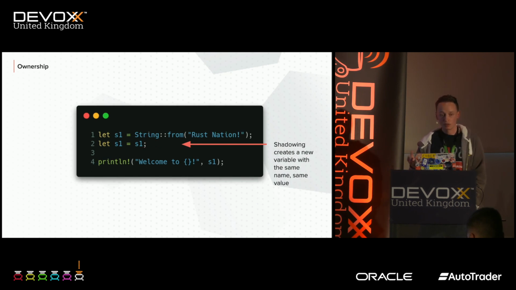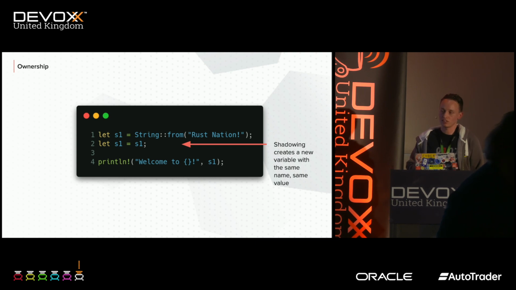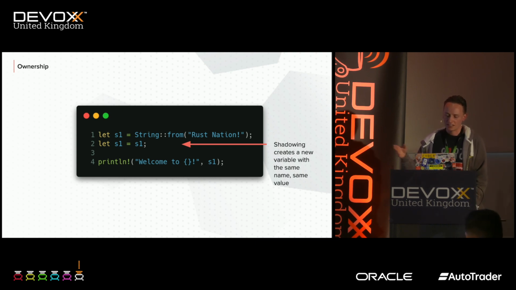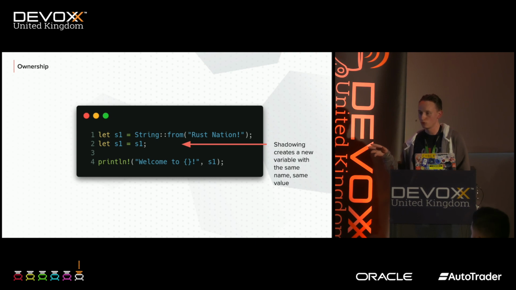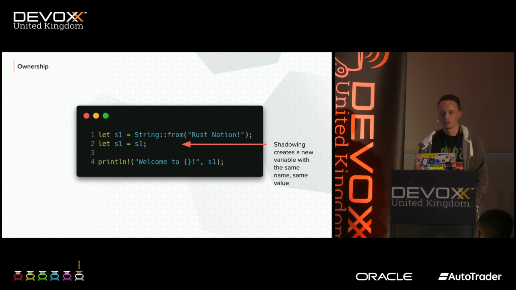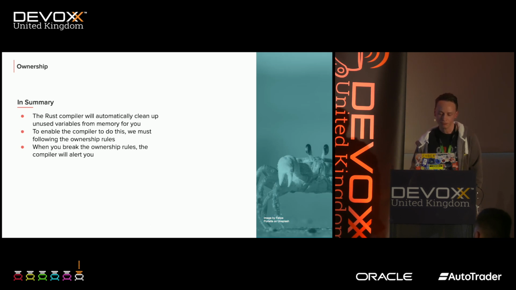And you can also use shadowing, which we discussed earlier, right? So I can just say, all right, maybe I've passed the value of S1 to some function that's performed a transformation, and then I want to take it back again. But actually, I don't want to treat this as a new variable. I'll just name it S1 and treat it as the same variable I was looking at before that I've effectively just transferred the ownership back to. This is the reason why shadowing is particularly useful in Rust, whereas in a lot of other languages you wouldn't see it. So, okay, that's the most technical, scary part of the talk.